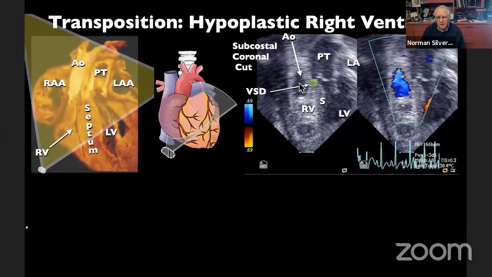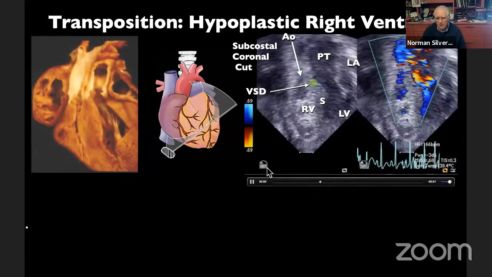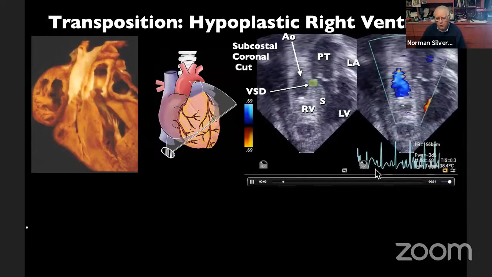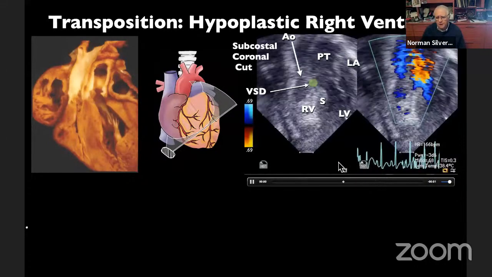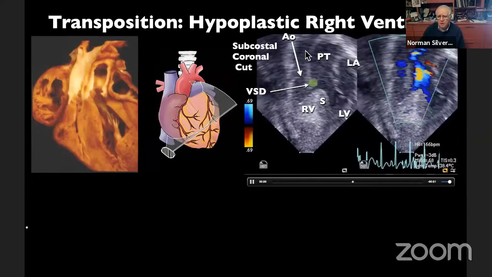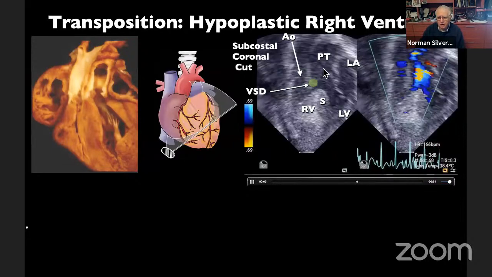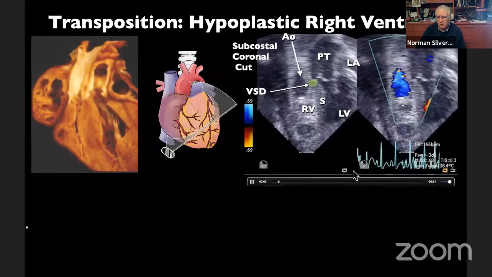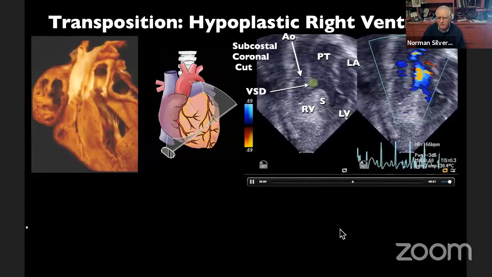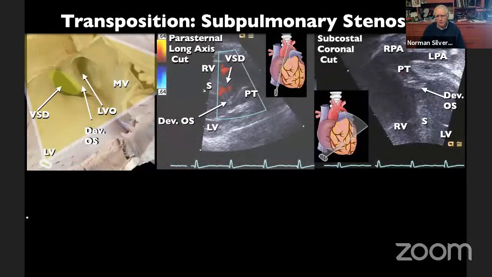Now, sometimes the right ventricle is small, and here's an example of a small right ventricle, frequently associated with coarctation of the aorta. And this was done in the operating room with transesophageal echo from a subxiphoid or intragastric position, showing a sort of subcostal sagittal position of the aortopulmonary trunks, the difference, and the small size of the right ventricle in this patient. So small right ventricle is a problem.